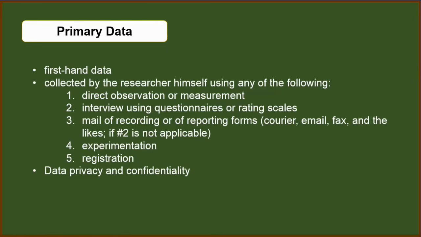That's why, as the researcher, you will send the questionnaires either through courier, email, or fax to the respondent. After a while, after they have answered it, they will return it to you. However, the disadvantage of this mail is that sometimes the questionnaire is misplaced, or there are missed or unanswered items in the questionnaires that the respondents forgot to answer. In that case, returning it back to the respondent is quite tasking and costly. Number 4 is experimentation, and number 5 is the most basic, which is registration.